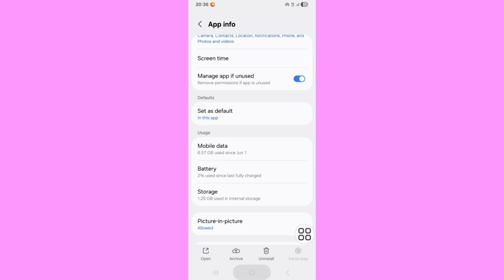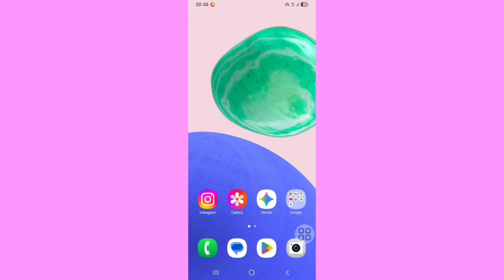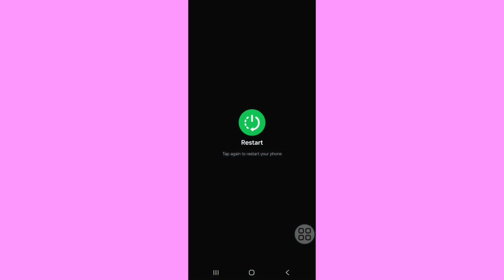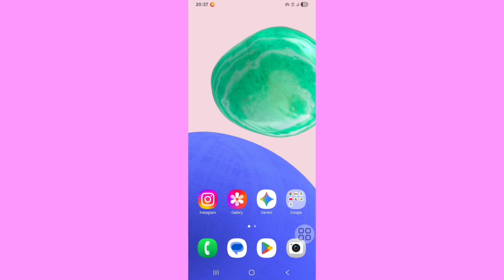Now go back to home screen. Normally restart your phone by pressing power button. After all these steps, I hope your problem is solved